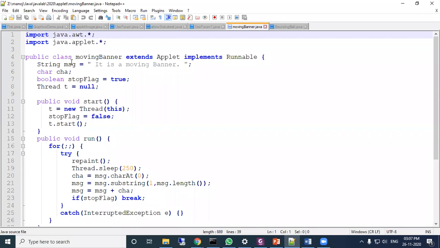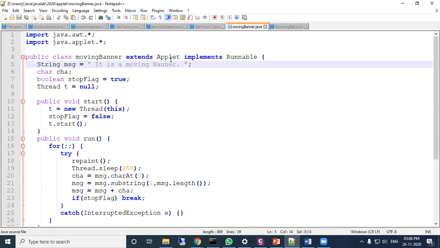Now here: public class MovingBanner extends Applet implements Runnable. That means Applet is a class which is extended, and Runnable is an interface which is implemented. As you know, using the multiple inheritance concept, we can inherit one class and another interface, or multiple interfaces also, but not two classes.